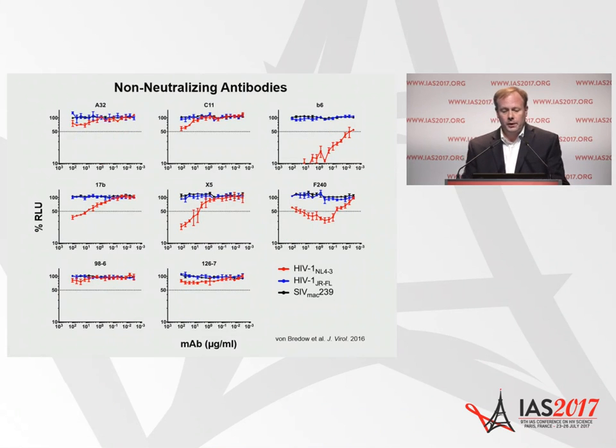But when we did the same experiment, this time with a panel of non-neutralizing antibodies, including A32 and C11, which recognize CD4-inducible epitopes on the inner domain of gp120, B6, which is a non-neutralizing epitope in the CD4 binding pocket, 17b and X5, which target the CD4-inducible epitope in the co-receptor binding site, and antibodies to immunodominant epitopes in gp41, which are normally occluded in the closed trimer, whereas several of these antibodies were able to efficiently kill cells infected with a lab-adapted virus, none of them exhibited any measurable activity against cells infected with JRFL.